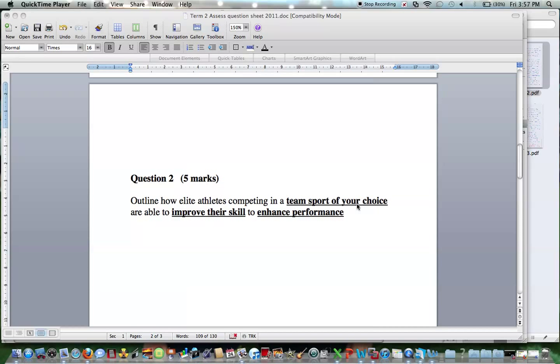and they're allowed to pick whichever one they liked. They had to look at the team sport and how athletes can improve their skill to enable them again to enhance performance. Remember, this option is all about improving performance. So they need to talk about a team sport of their choice, how they can improve their skill to enhance